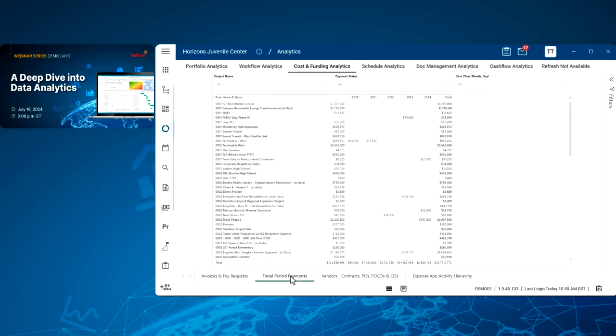This is another dashboard, this fiscal period payments. We'll actually revisit this one in a little bit. This provided a lot of value for a specific customer I'll mention in a little bit. But it provides a way to use the drill through capabilities of Power BI to better see